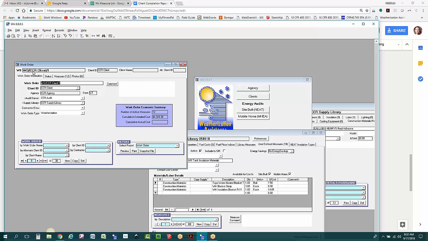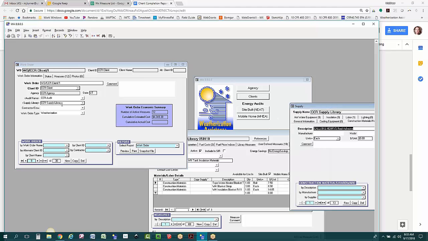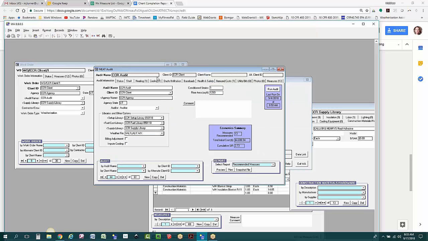So on the work order information on that tab, now it doesn't have the setup library there. Make sure that one is pointed at least to the right supply library. And then, okay, it is. The other thing we want to check is, for this client, under the NEAT audit, you'll want to make sure that